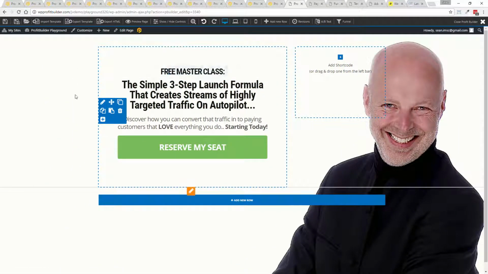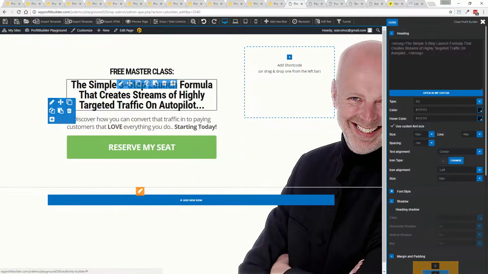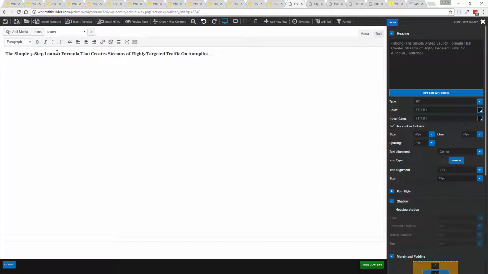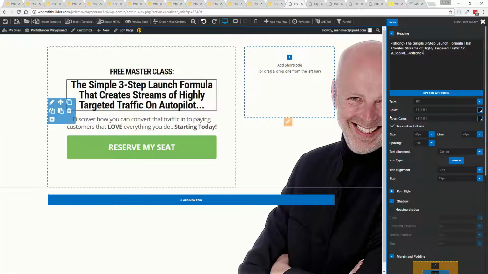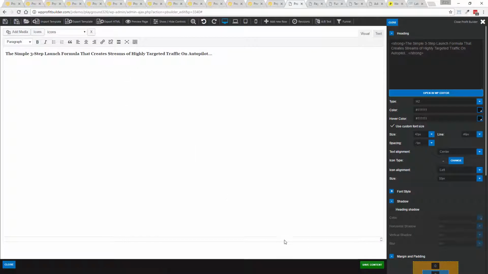And you can see everything is based around you. You have all the different controls for simple editing of anything you want. Say I wanted to change that heading or title, no problem, I can do it here. Or if I want to add more flair because I want a more detailed editor, you've got the WYSIWYG editor